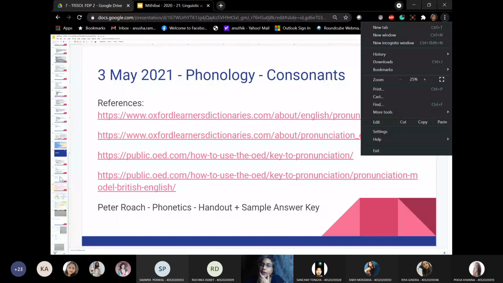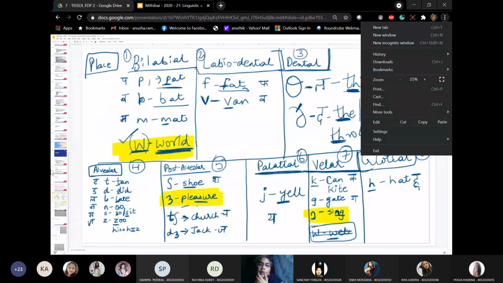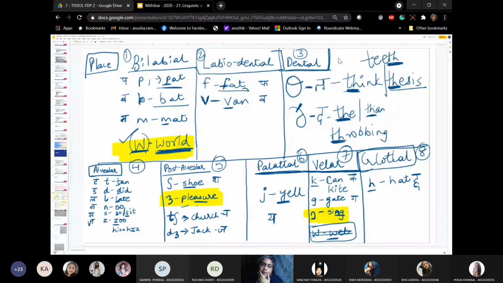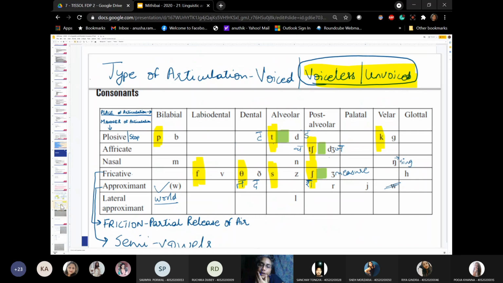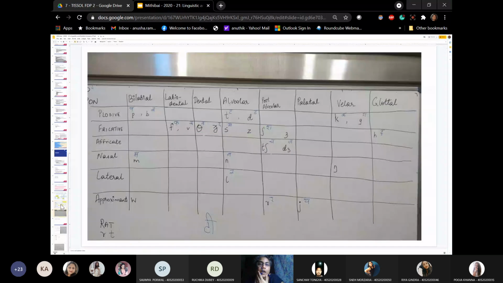What you can look at is I have given certain links to present, and I've also talked to you about the fact that there's a Peter Roach handout, but you don't even have to refer to all of it. What we are doing on the slides may also be sufficient. I'm trying to see that that becomes the base. What we had discussed last time is put up in the slides as images, so hopefully you will be able to refer to it and have your vocabulary memory built in.